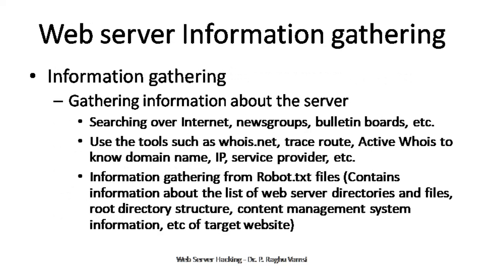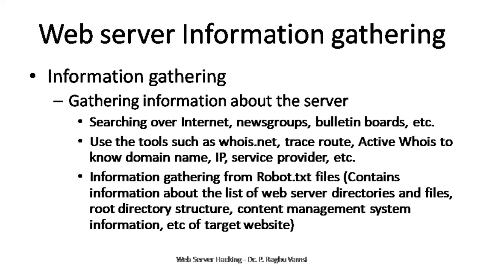Next is searching over the internet for information gathering. You may go for news bulletins or news groups and get the information. That is a general way of getting information. Here no technical content will be found, but technical content will be found with the help of whois.net. You can go to whois.net and type the domain name, and you will get every piece of information about that website. Next is traceroute. Traceroute will give you information about how far the server is from your computer, how many hops you have to pass through. These details will be identified in the traceroute.